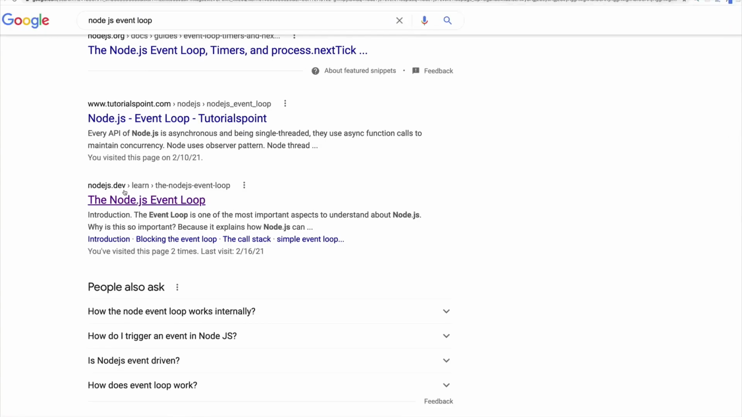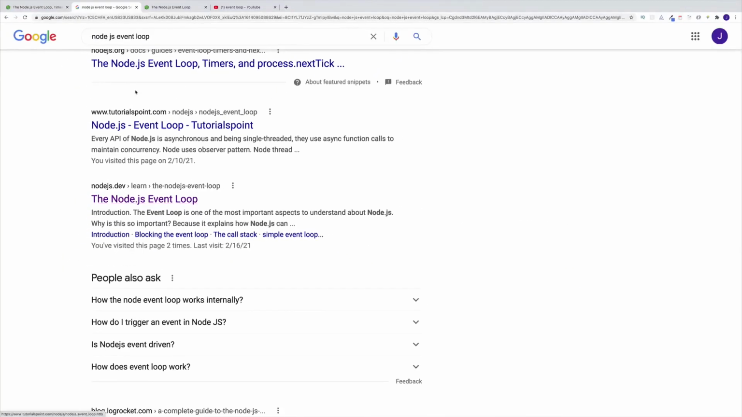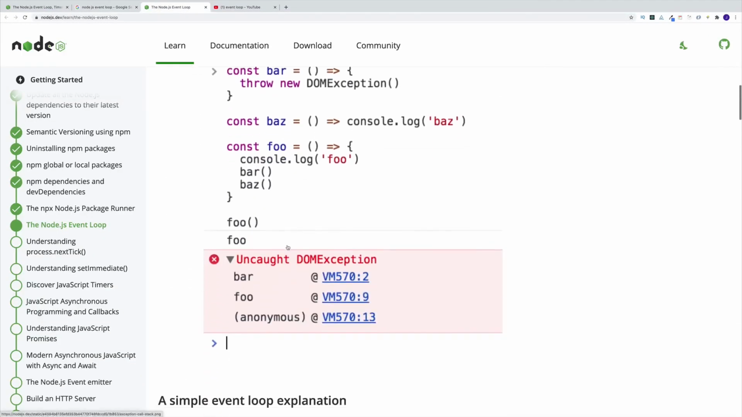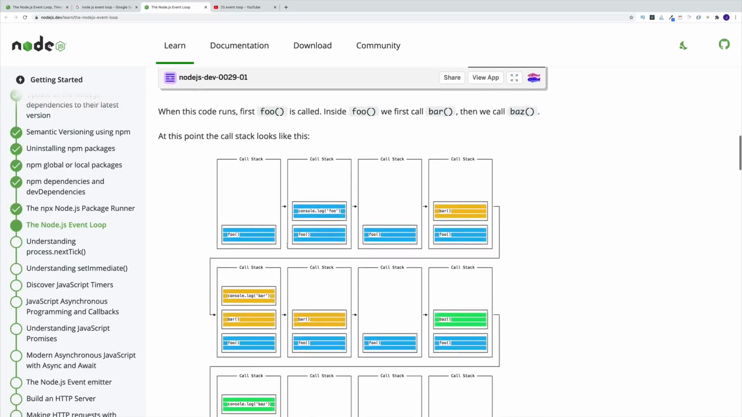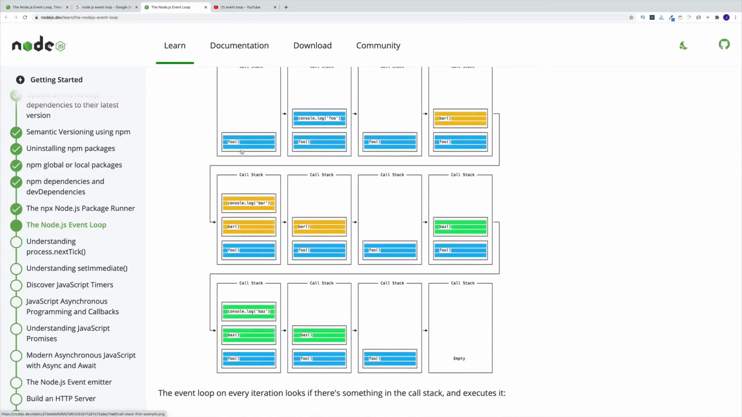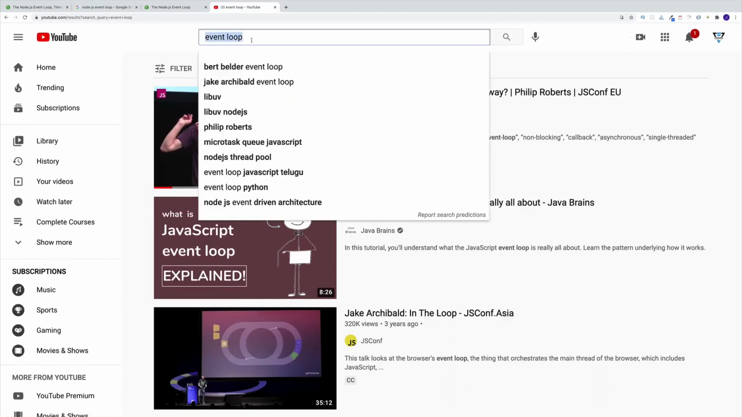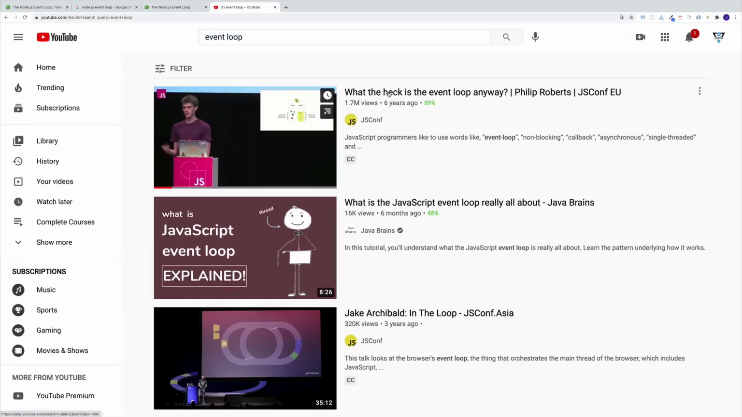And the resource is nodejs.dev, not .org, but .dev. And then follow the link, and here they cover the event loop in great detail with a lot of cool examples and pictures and slides and all that good stuff. And when it comes to videos, I would suggest going to YouTube and then just typing